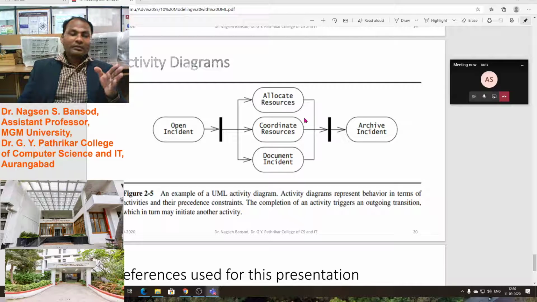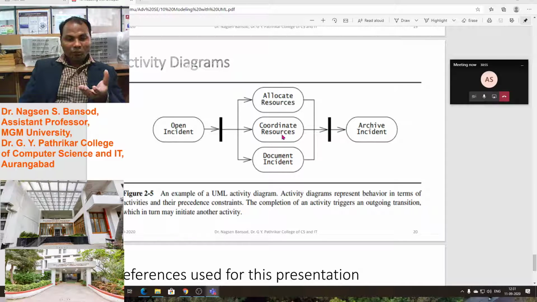Then we require a watch, and for the watch we require two or three buttons. That means we will allocate the resources. Buttons will be activated by the watch user. And we have to make coordination between the incident, the watch user, and the resources, and then we have to archive that, we have to save these things.